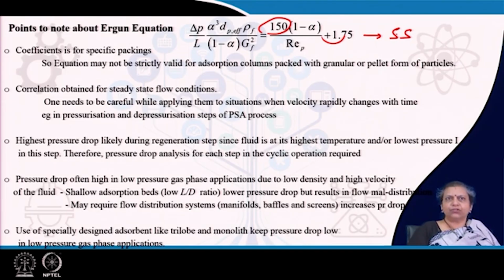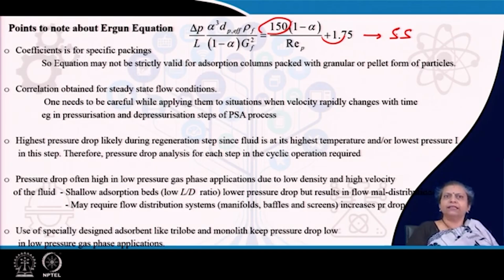Often we find that the pressure drop is high for low pressure gas phase applications. For such cases, one can opt for a shallow adsorption column, which means a low L by D ratio: the diameter is larger, the length is smaller. Under this case, a lower pressure drop can result, but be very careful, because the moment you go for a low L by D, it results in maldistribution. Therefore, in order to ensure uniform distribution, we might have to use manifolds, baffles, screens, etc., which again increases the